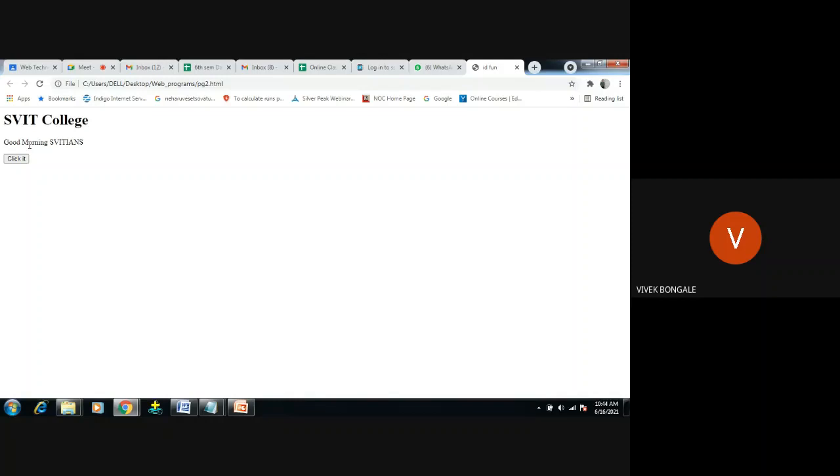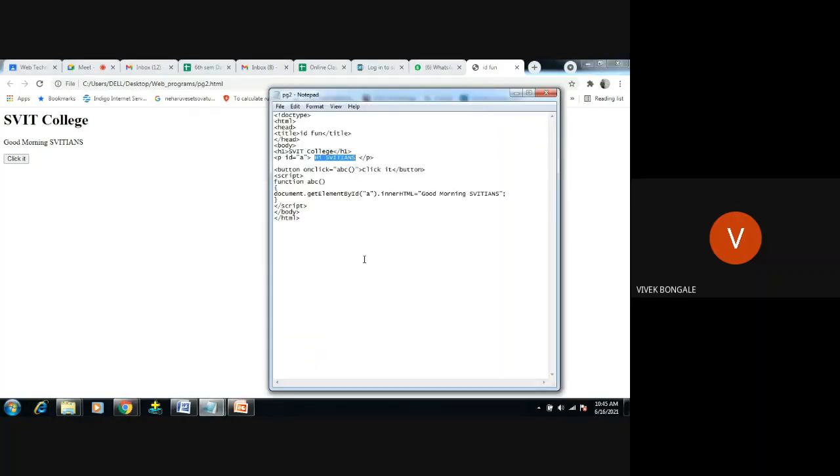This is how we can change the style, we can change the entire text of the element, by using the JavaScript event or the DOM, by creating the function. And earlier I said we can use the for loop for changing. So I'll just show you the for loop also.